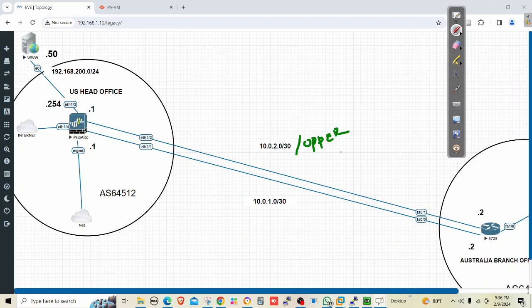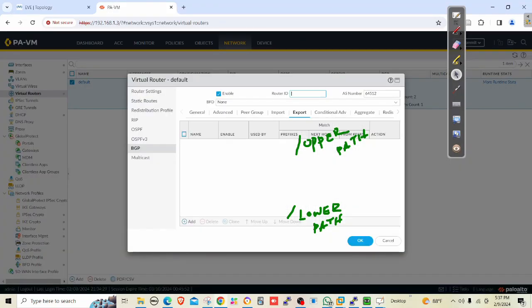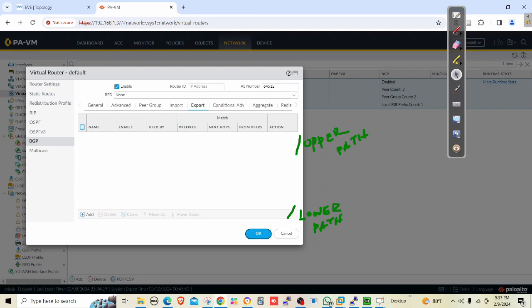Upper path, and let's say this path is called lower path. So then what I'm going to do is enable BGP here. Okay, so here enable, and the router ID is 10.0.0.21, and the AS number is 64512, because I used the previous